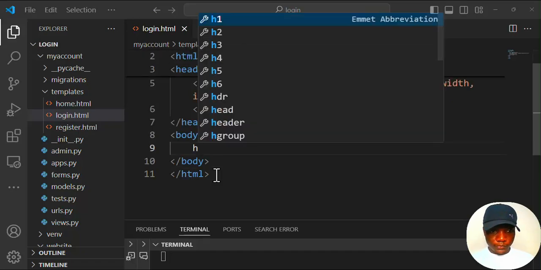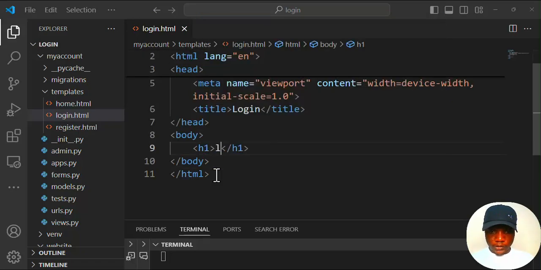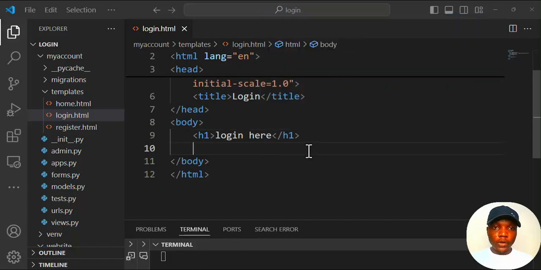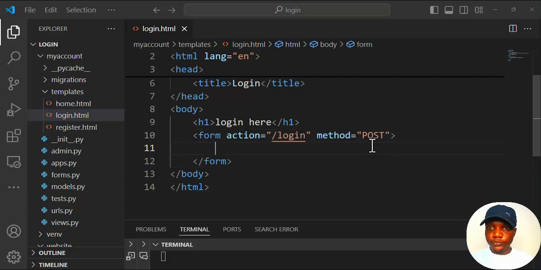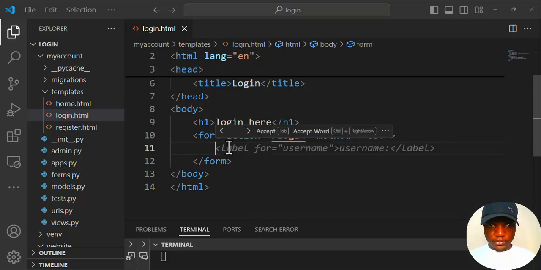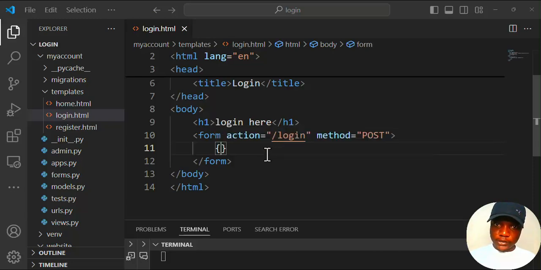H1, say login here, and on this thing, we're going to have a form, and it's going to be a post method. We can actually render. Okay, let's bring this